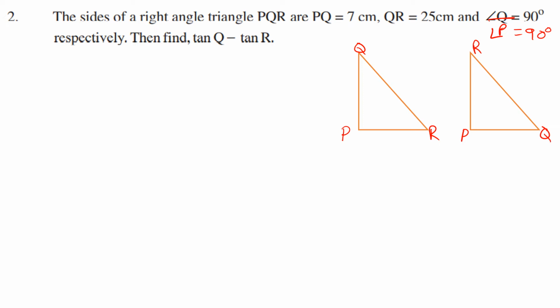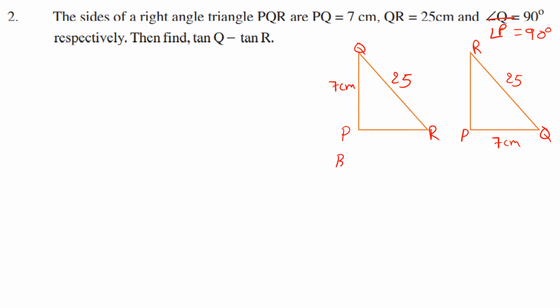Okay, so let us see here, they have given that PQ equals 7 centimeters, right? That 7 centimeters here, and here QR equals 25 centimeters, right? So in this one also write PQ 7 centimeters and QR equals 25 centimeters. Look at that here. This QP in this triangle has changed into adjacent, right? So here that is opposite to R, but here adjacent to Q. That's why I'm writing here like this. Okay, so now we easily understand how to write tan Q and tan R. Now we need to find PR here, right? PR is not given, that's why we should find this PR now.